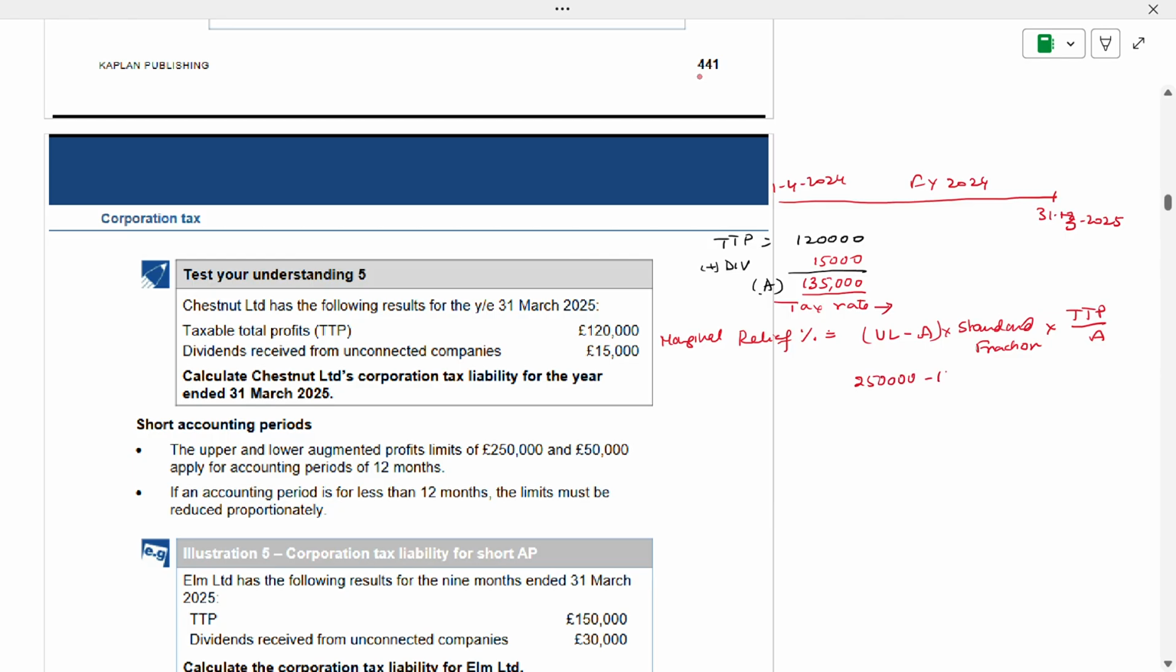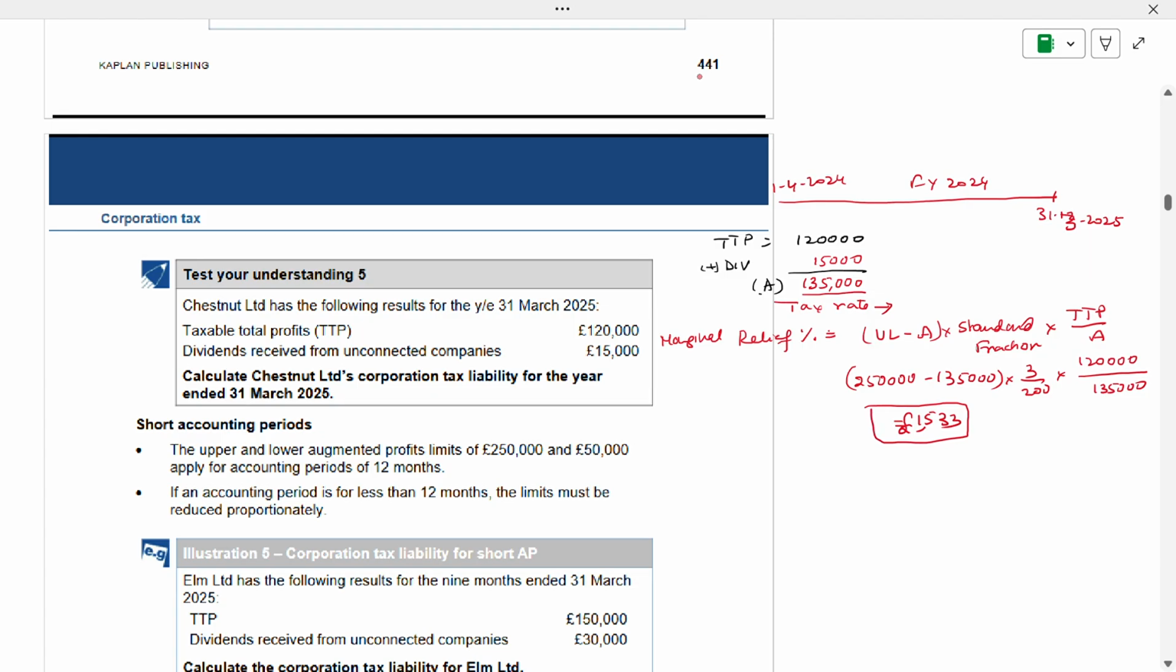Upper limit minus augmented profit, multiplied by the standard fraction, multiplied by TTP divided by A. How much is the upper limit? 250. Augmented profit is how much? 135. The fraction is 3/200,